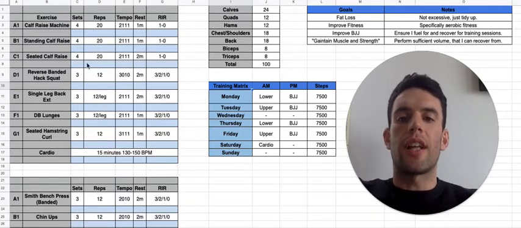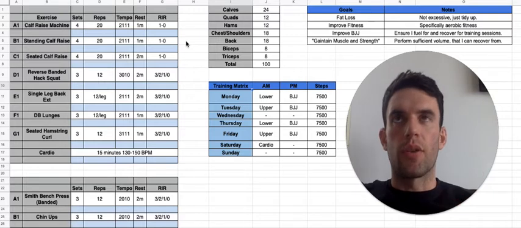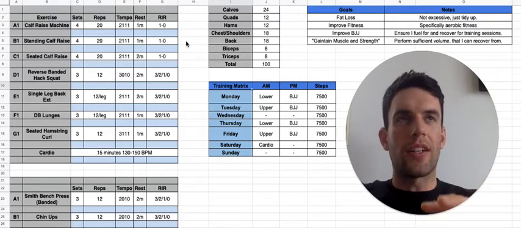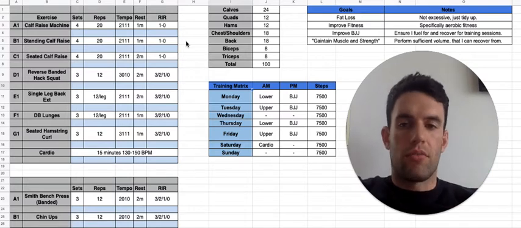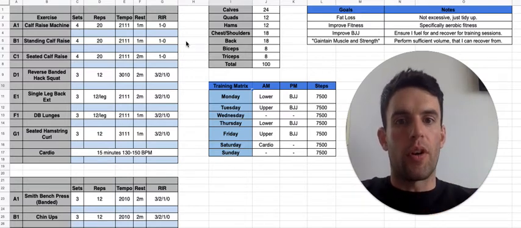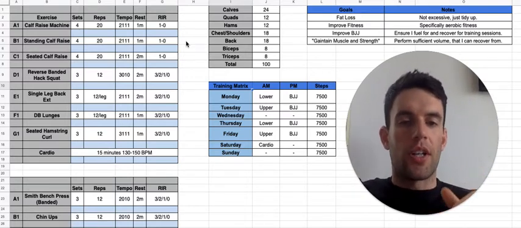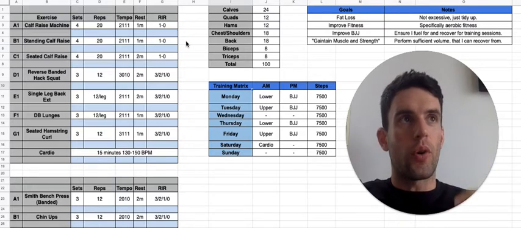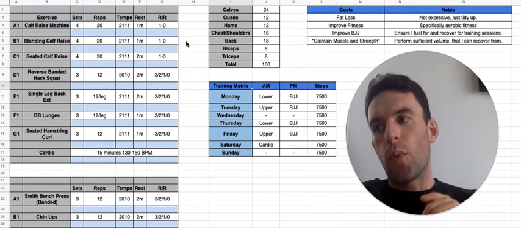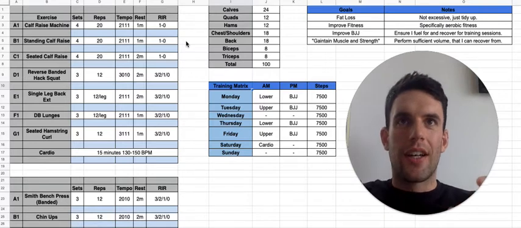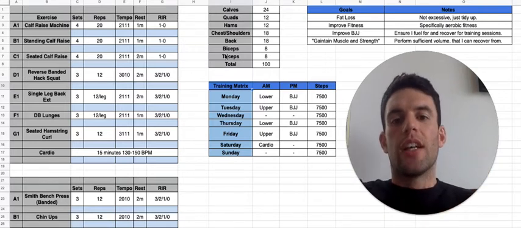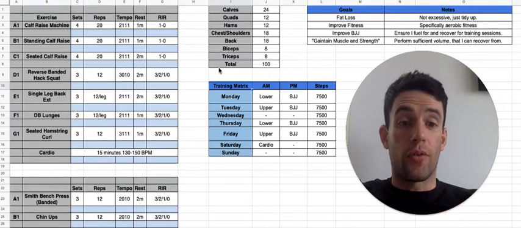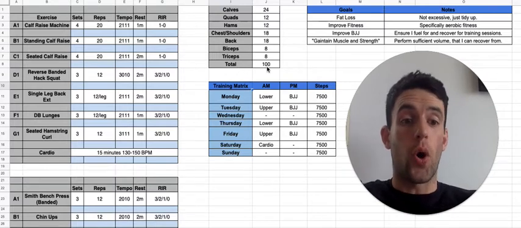But before I do that, I want to talk you through something that a lot of people fail to think through when they are allocating their training resources to a particular program, right? You have to keep your goals in mind. You have to keep in mind what you're actually training for, right? But we also have to look at what we have recovery capacity for, right? So for me, right now, I have the recovery capacity for about 100 total sets